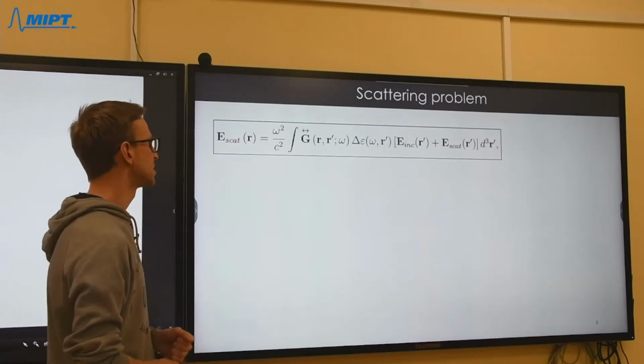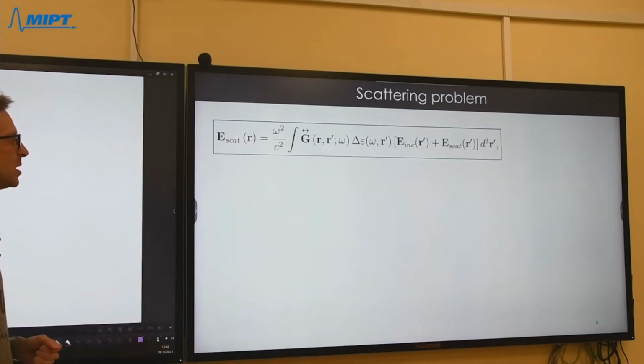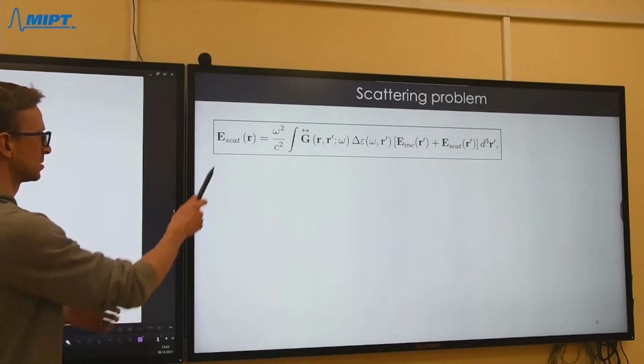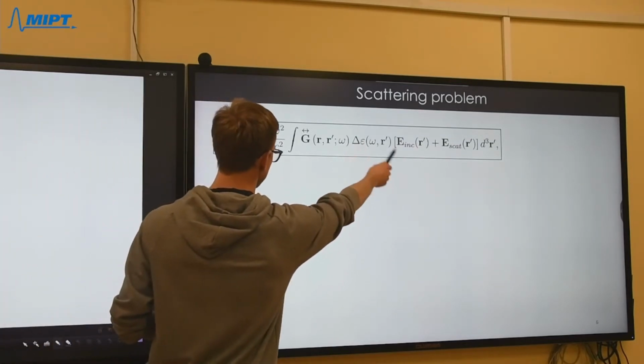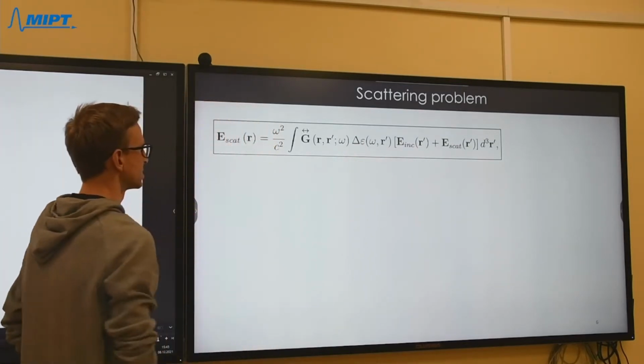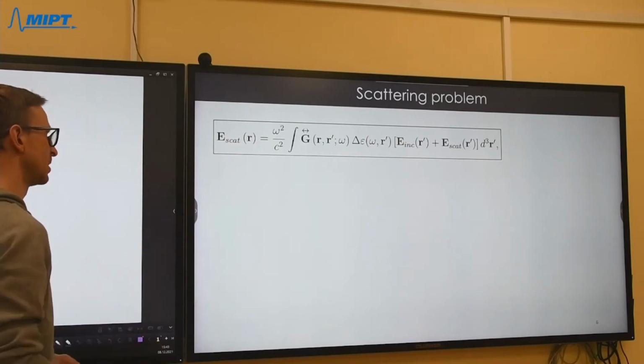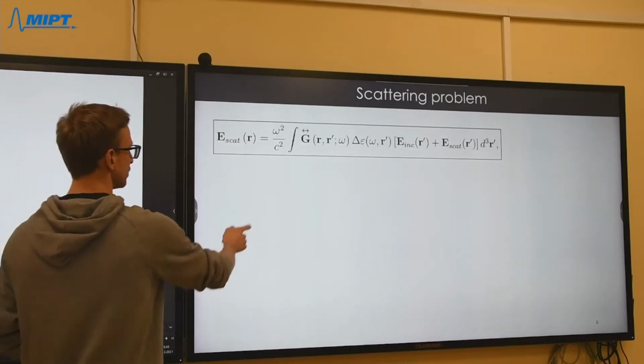Okay, let us look at that equation one more time. So this is a linear equation, because the operator that relates scattered fields on the right-hand side to the left-hand side, scattered fields to itself, is linear, luckily. So we can formally,